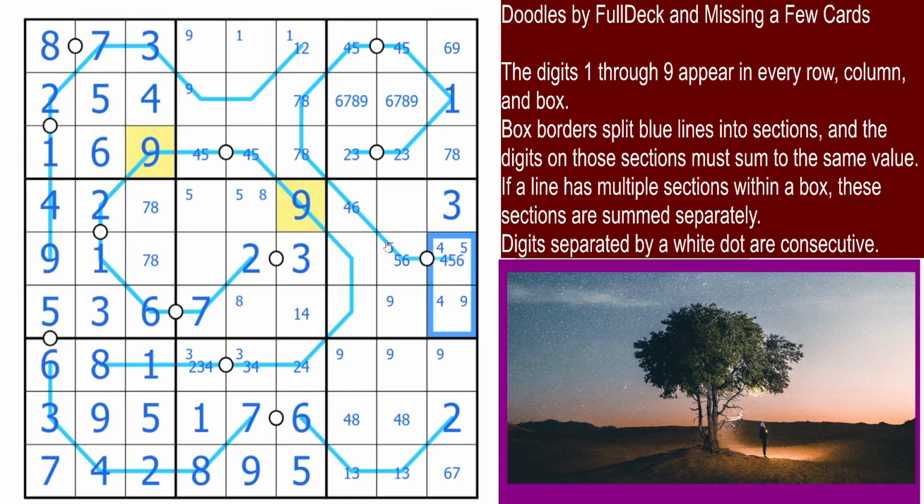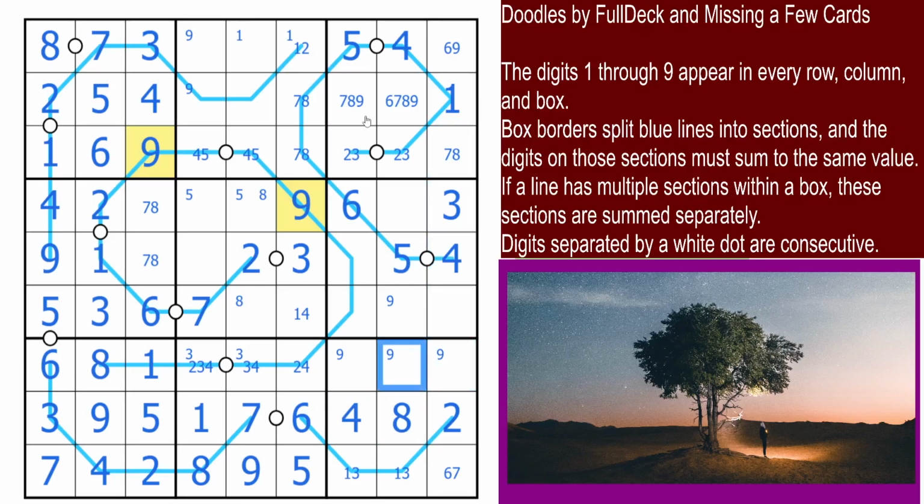But if 4 is here, that can't be 4, right? That has to be 6. So that's 5, and that's 4. Okay, that's not 4. That's correct, right? 5 4 9 plus 6. Yeah. That's not 6. That 5 gives 4 here. That gives 5 here. That 4 must give now 8 here. That gives 4 here. Now,